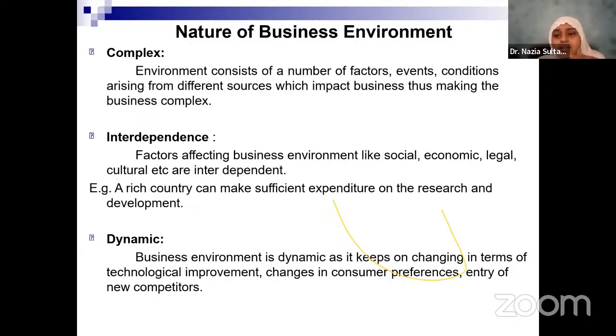Second is interdependence. Now, when you have so many environmental factors in a business environment, all of those environmental factors depend upon one another. You cannot segregate the effect of one on the other. Each one has got an impact on the other. You talk about social environment, it will have an impact on economic, it has impact on cultural. Similarly, you talk about legal environment, it will have an impact on, say, for example, if you talk about,